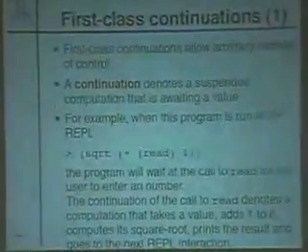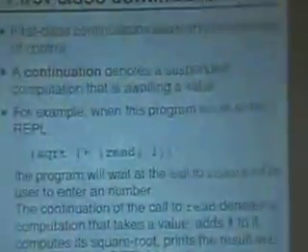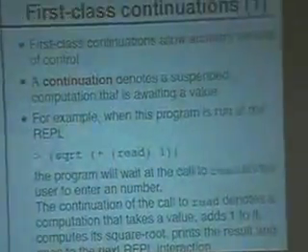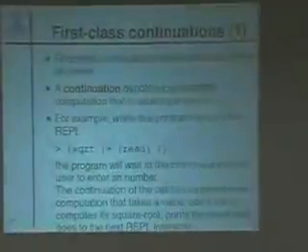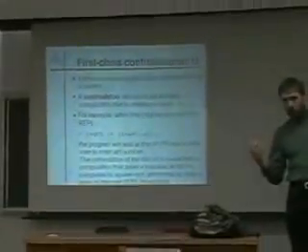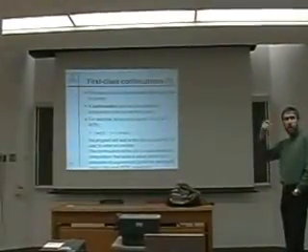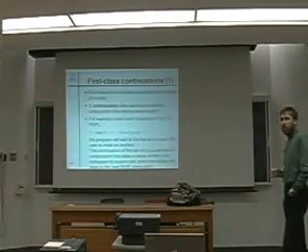Okay, another problem, first-class continuations. So in Scheme, we have call/cc, an operator that allows the programmer to actually access the continuation and then to arbitrarily, at any moment, return to that point in the program.